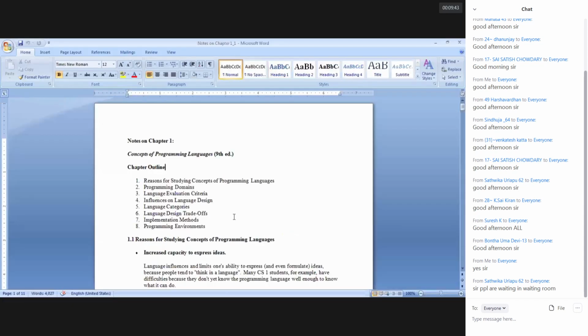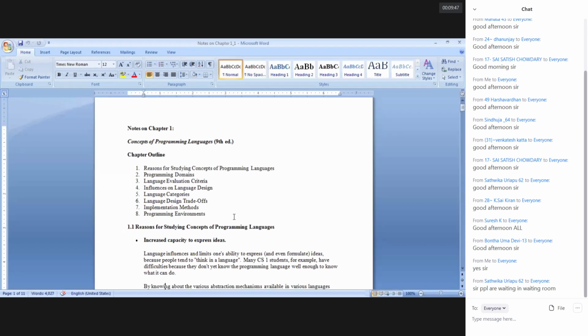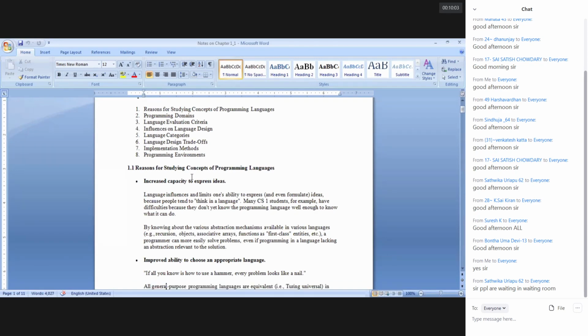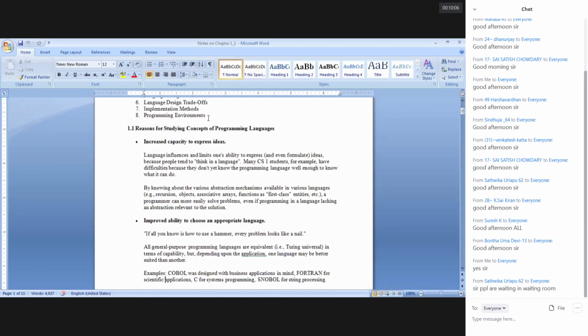This is the first subheading, in the first unit, the first chapter. I think the first unit has two chapters, out of which the first chapter covers these topics. The reasons for studying concepts of programming languages are: